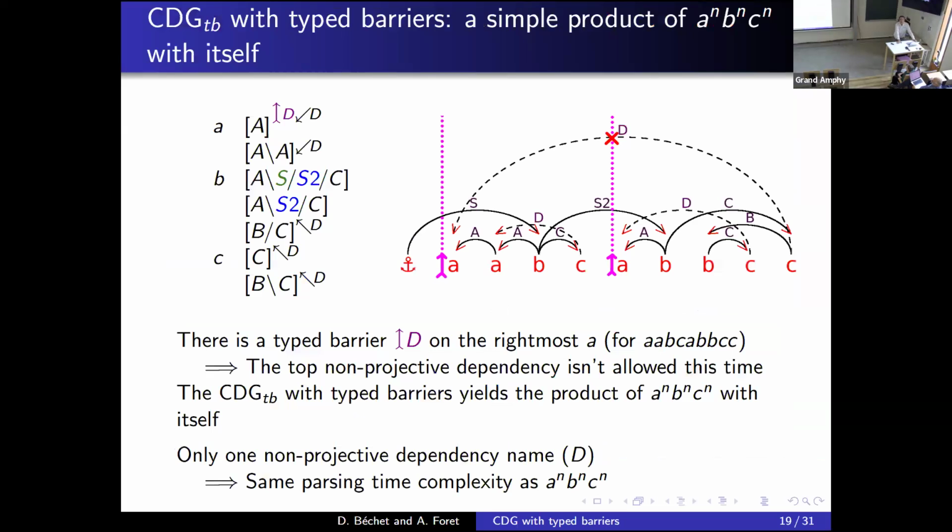If we look at the first solution that I gave you, the wrong solution for the product of EM-DNCM with itself, it's very simple to have the same grammar. We just add a barrier there, the first type of A, and everything is perfect. This barrier indicates the possibility of a non-predictive dependency between this part and this part. And we have exactly what we want, that is the EM-DNCM product with itself.